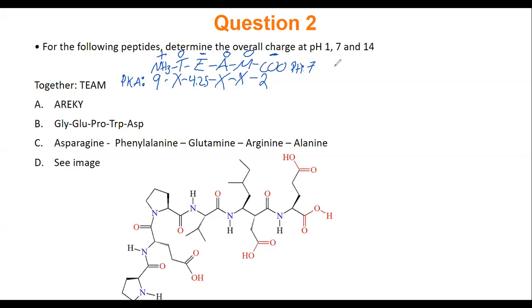Okay, let's go to a pH of 1. At a low pH, that means you have a lot of protons in solution. And what protons want to do when you have a lot of them is attach to your amino acids. But which amino acids are they going to attach to? That is where your pKa comes in. So let's look at the N-terminus. We said the N-terminus is charged at a pH of 7. It is already a plus. Its pKa is 9, okay? Now, if you look at the pH of 7, it's already